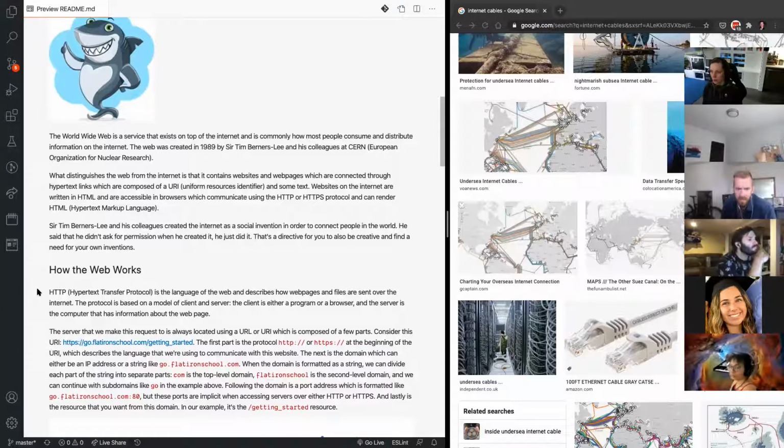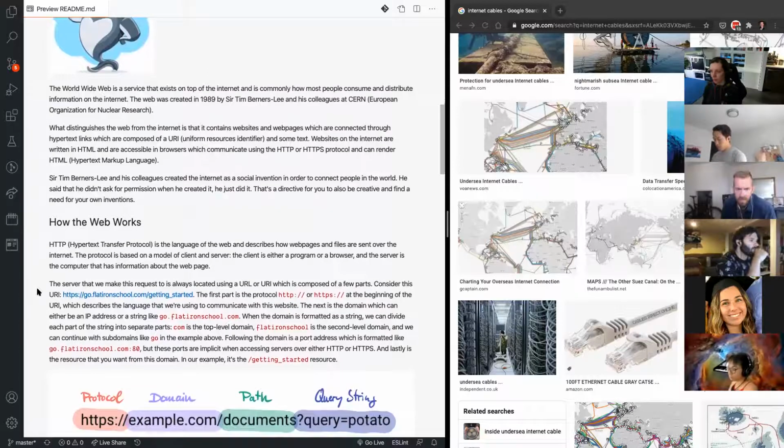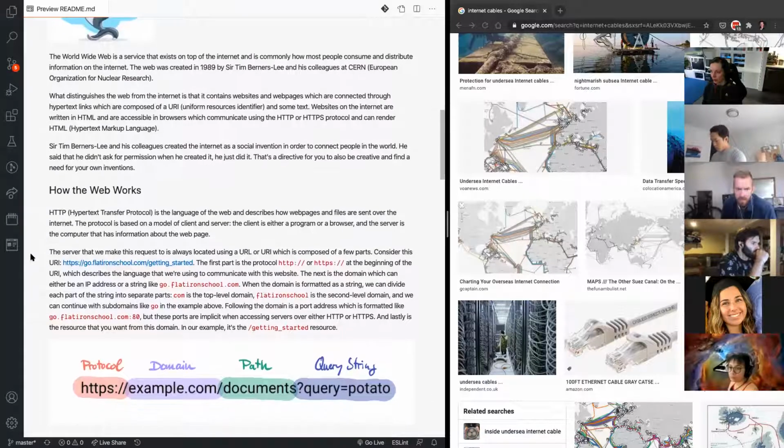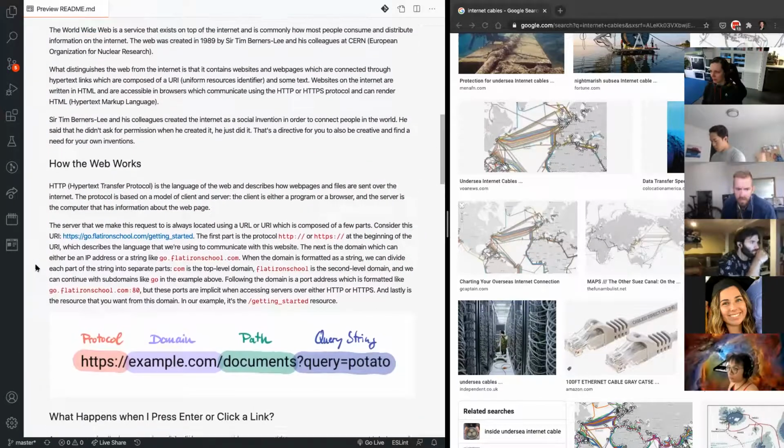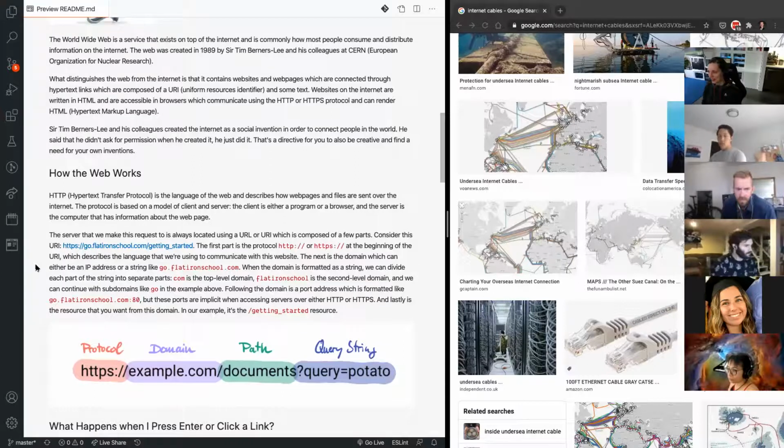And we'll explore what the different parts to that are, essentially how the web works. I added a couple of illustrations here that I drew. I know that they're not great, but I hope they get the point across.